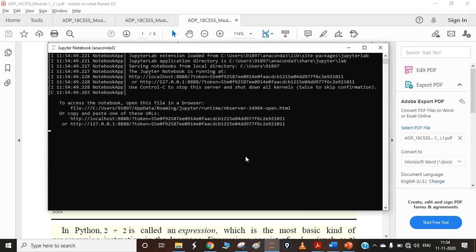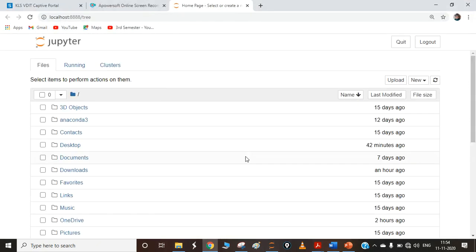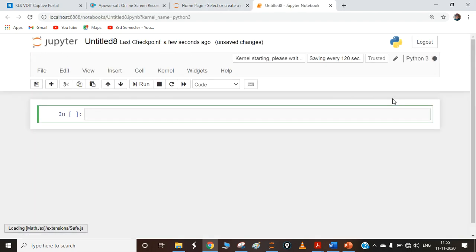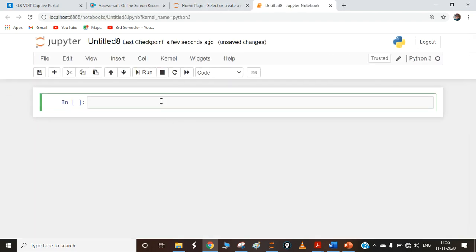So here we are starting Jupyter Notebook. When we start Jupyter Notebook, this window will appear in the browser. Once we get this window, you are supposed to click the version of interpreter. Here we want to use Python 3 interpreter, so we click on Python 3. After that we get this prompt. Here we are interacting with the interpreter. We are studying a concept called entering an expression into interactive shell. This acts like an interactive shell.